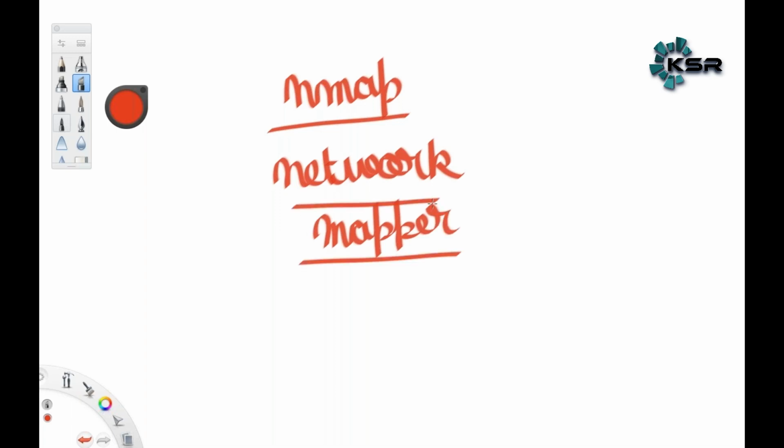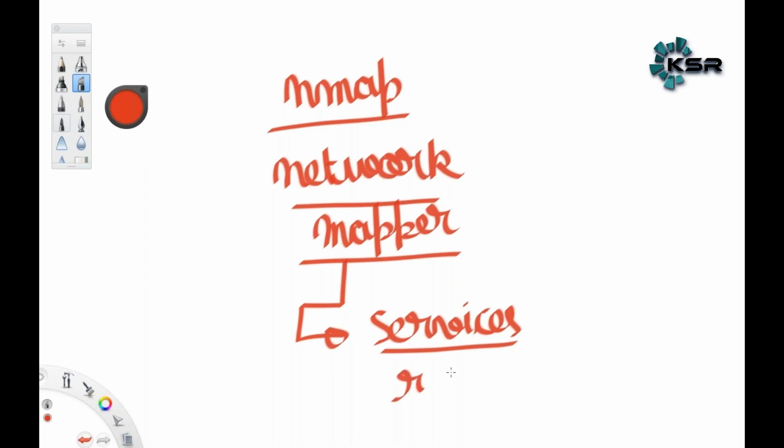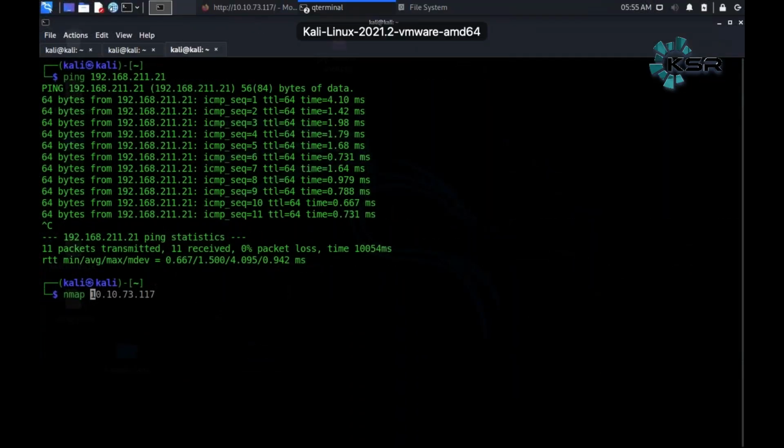What this tries to achieve is it helps to find out the services running on an IP, and that's the same thing that we are going to do here.